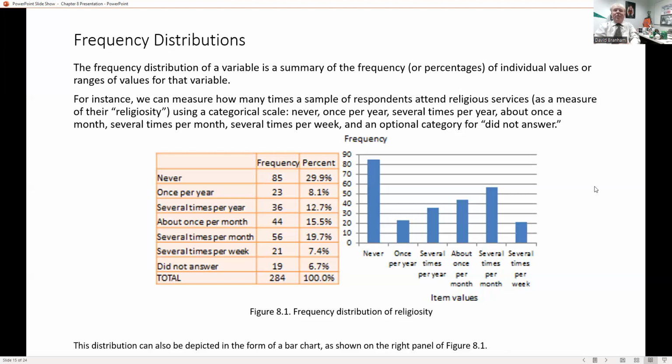So you have a category here that gives you several answers: never, once a year, several times per year, about once per month, several times per month, several times per week. Now I see how it is there, but these answers seem to have an overlap. Several times per week doesn't have an overlap. Several times per month and several times per year has an overlap. About once a month and several times per year may be the exact same thing. I don't know. So I have my problems with how they coded this,